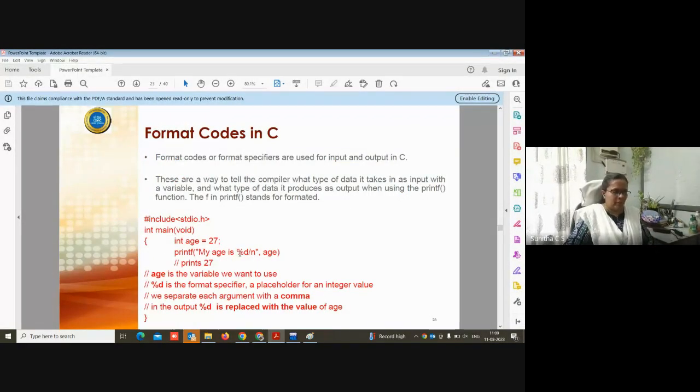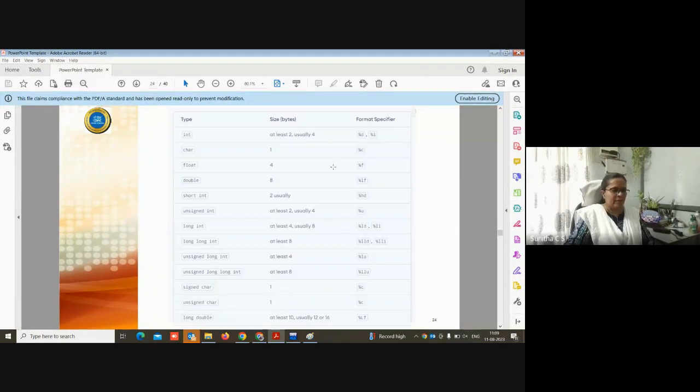So here we were using %d for integer, and so on. There are different formatted things. Here it gives you the size in bytes, as well as the format specifier for the data types. So here you can see int, char, float, double, short int, unsigned int, long int, unsigned long int, signed char, unsigned char, and long double.